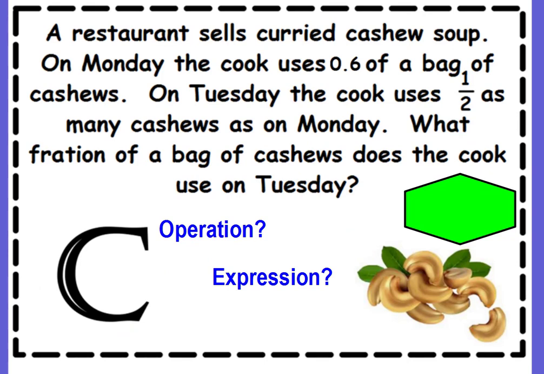Problem C. A restaurant sells curried cashew soup. On Monday, the cook uses 6/10 of a bag of cashews. On Tuesday, the cook uses 1/2 as many cashews as on Monday. What fraction, and I know there's a typo there, what fraction of a bag of cashews does the cook use on Tuesday? All right, find those clue words that tell you if you're adding, subtracting, multiplying, or dividing,